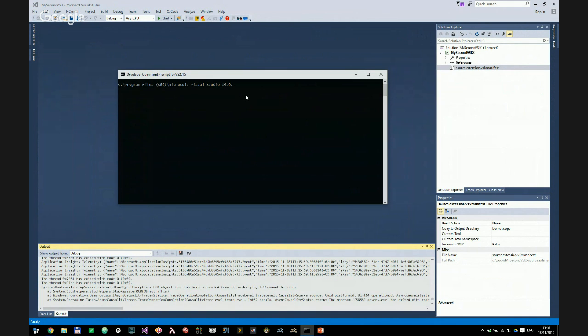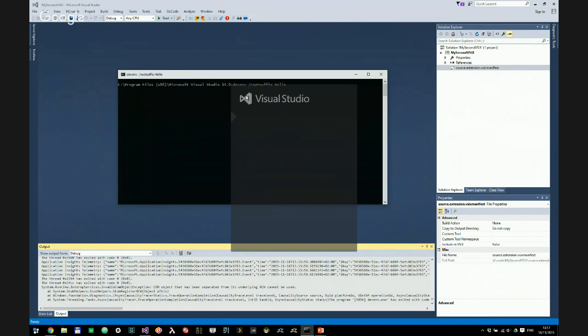then if we type devenv, which is the name of the Visual Studio executable file, and we add something that's called RootSuffix, anything we put after this RootSuffix is going to create a separate environment of Visual Studio with this name. So essentially, I can clone all the settings of Visual Studio, kind of start a brand new copy of Visual Studio, if you will, which will be completely isolated from my main one. So for instance, if I type in devenv /RootSuffix hello, what will happen is I will now,